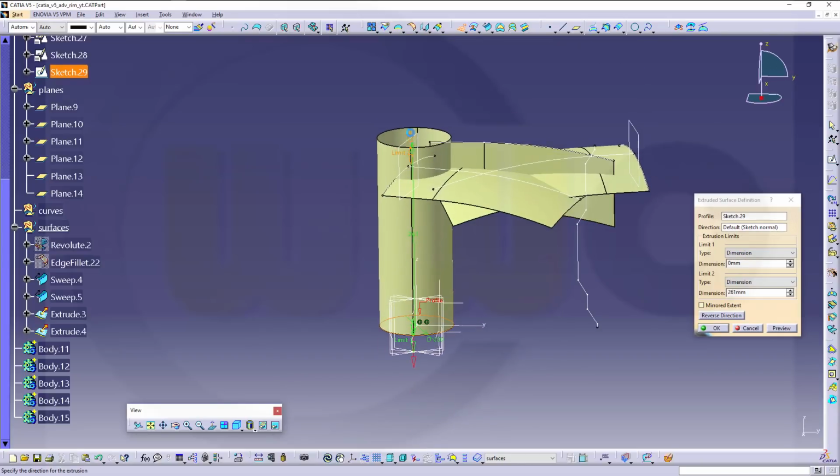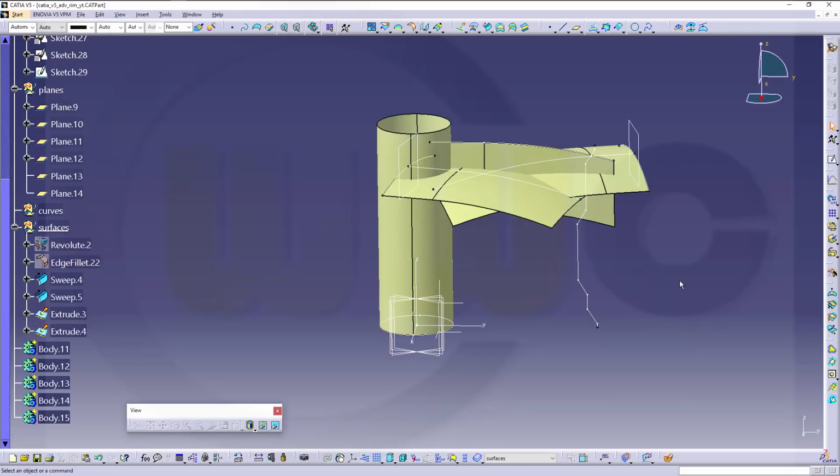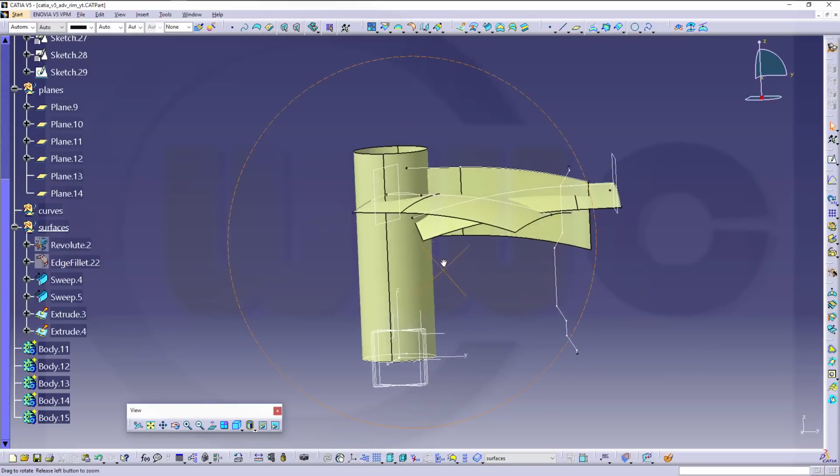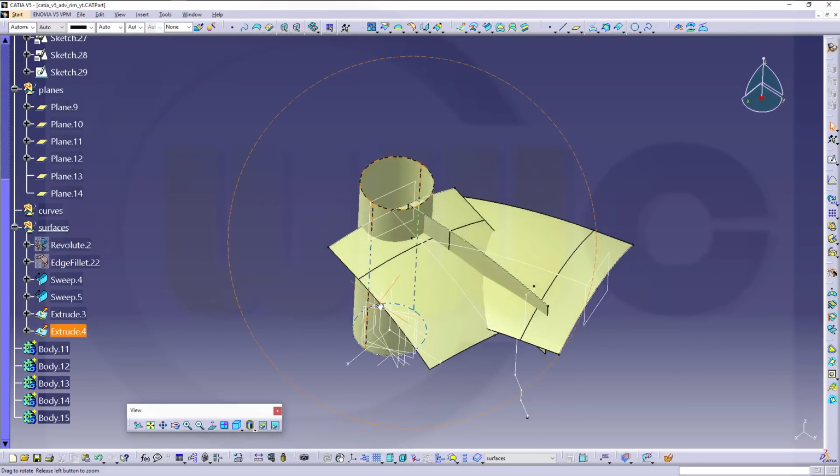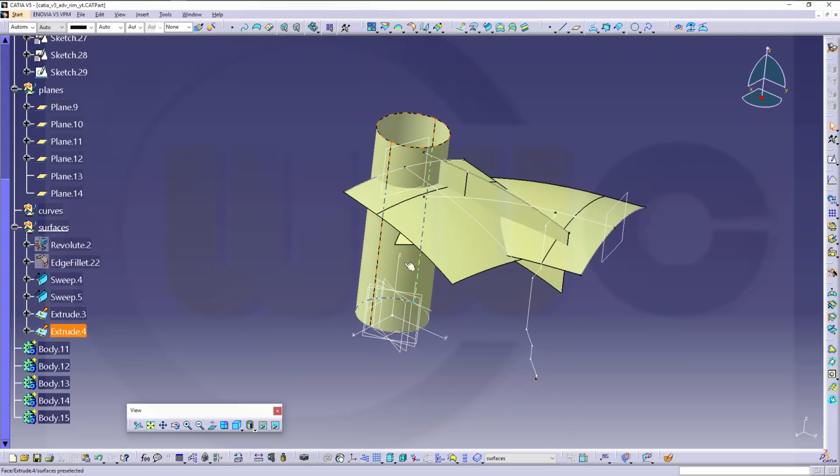Okay, maybe 280. Doesn't really matter. Should be just big enough. Great. Now I want to trim this surface and that surface with the planes,